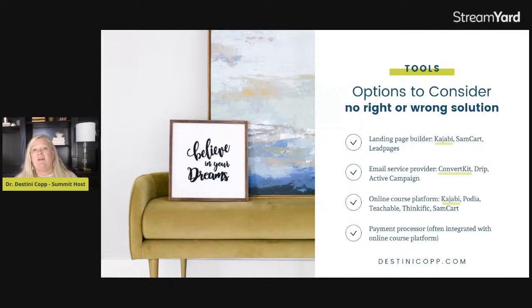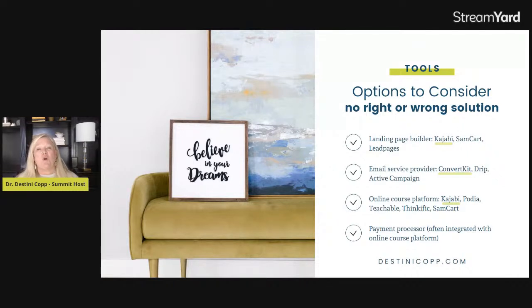Podia is one that I've worked with clients on. I know that Jodie, who's going to be joining us a little bit later here, uses Podia in her business and loves it. Teachable is another one that I've used with clients. Thinkific is one that I think is really reasonably priced, works well and gets the job done. And you can also use Samcart there.